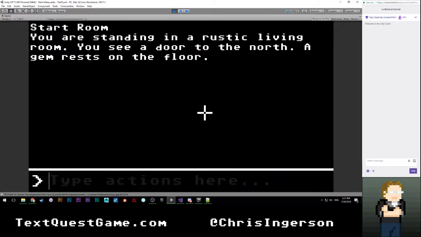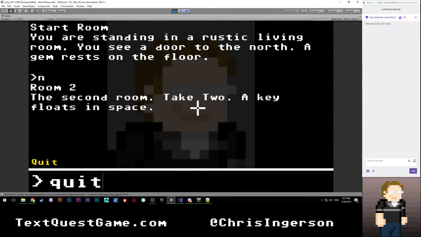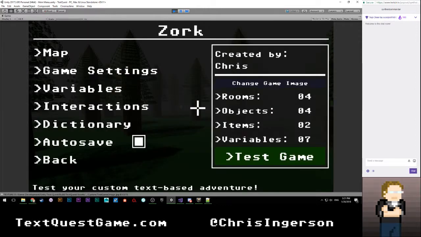Right? There's not really much left. What would we do with this? Quit. I guess a quit confirm text, so when you select yes.